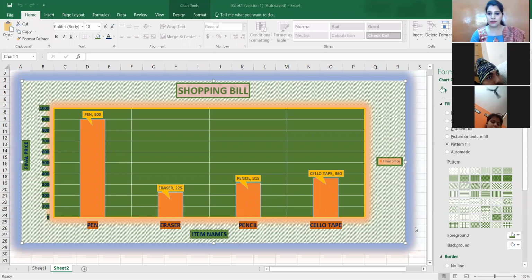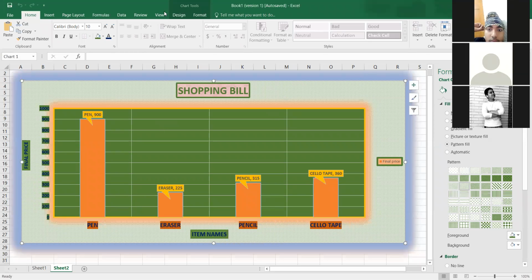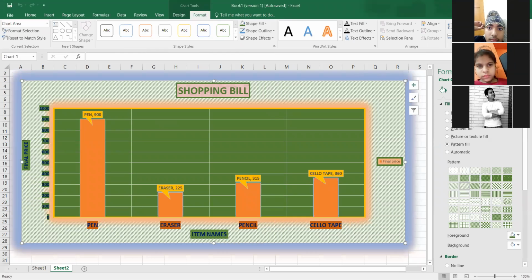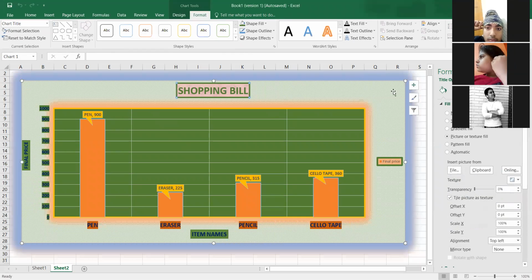यस मैम, मैंने पूछना था कि जो साइड पे आते हैं ये फॉर्मेट चार्ट एरिया, ये फॉर्मेट डाटा सीरीज, मैम ये कहाँ से क्लिक करके आते हैं? Actually, when you are clicking on a particular component, it will automatically appear, or either you can take it from the format tabs. Format tab के अंदर भी आपको ये सारी options मिल जाएंगी. Otherwise, when you will click on it, automatically like this, you can see the properties windows are appearing. That is format chart title.